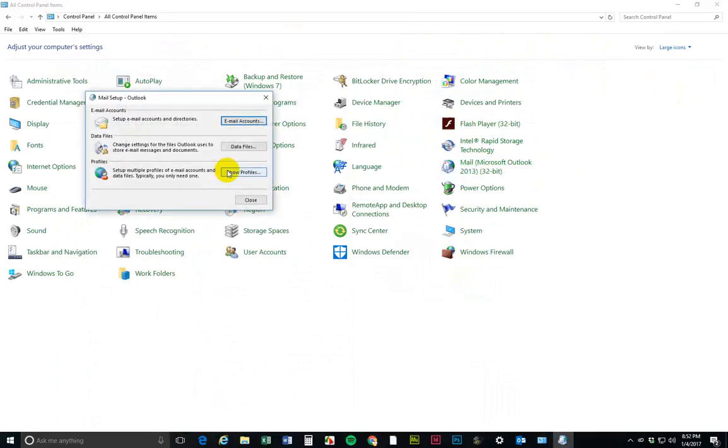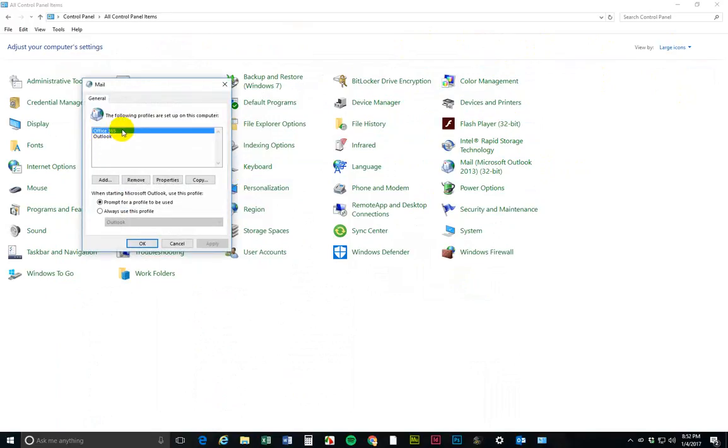And then you go to Show Profiles, and before I set this up already, it only had Outlook on here, and now I'm setting up Office 365. The way I did that was I went to Add, and then I created a new profile name, which was Office 365. I pressed OK, and it had me fill out a form with email and name and then create a password. The password is your Office 365 password, so it's your login information for Office. And then you press finish,